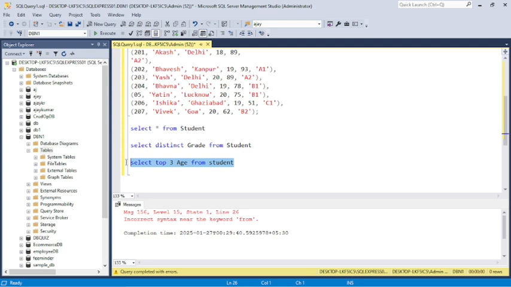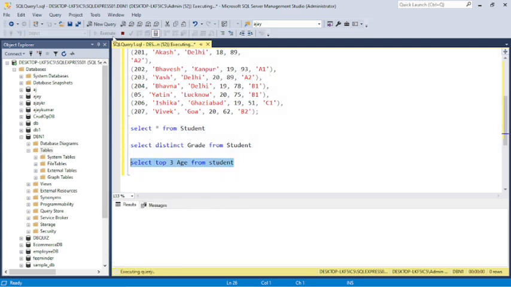Now let's see the top three, the ages 20, 19, 18.